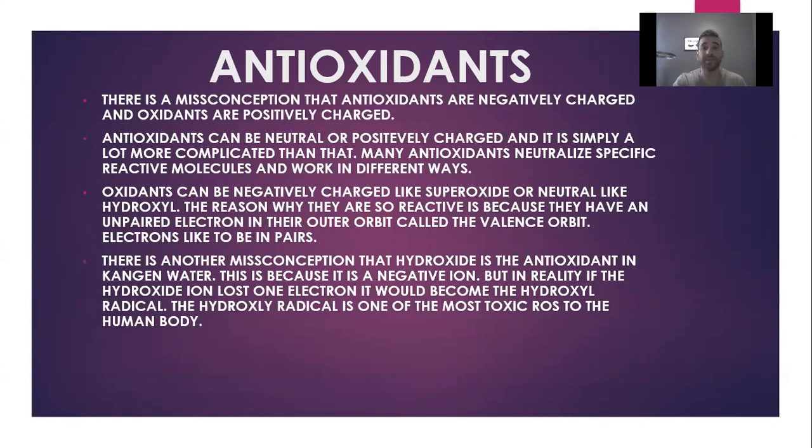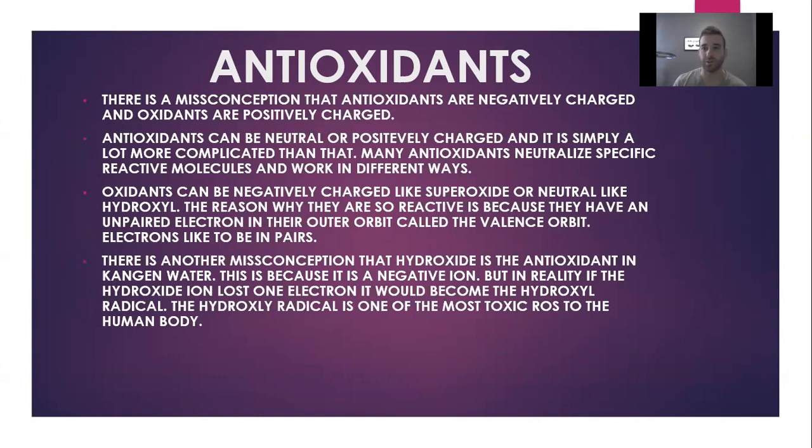Okay, there's another misconception that hydroxide is the antioxidant in Kangen water. This is because it is a negative ion. But in reality, if the hydroxide ion lost one electron, it would become the hydroxyl radical. The hydroxyl radical is one of the most toxic ROS to the human body. So this goes back to that misconception that